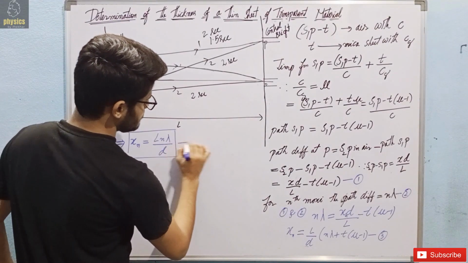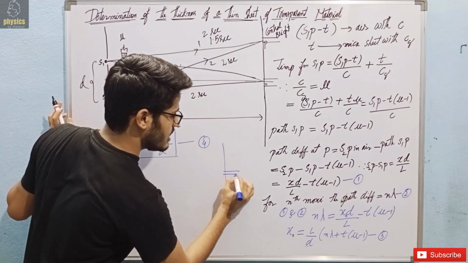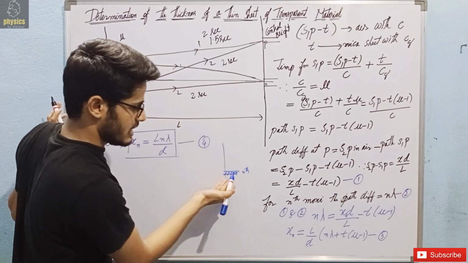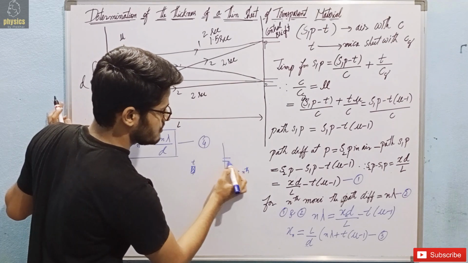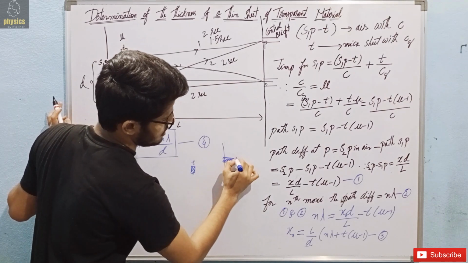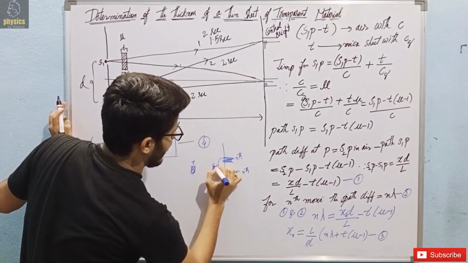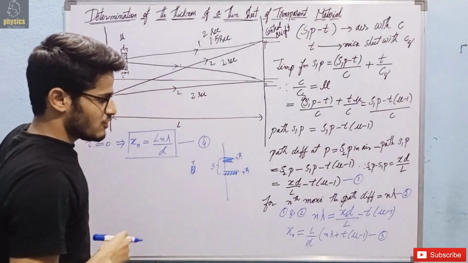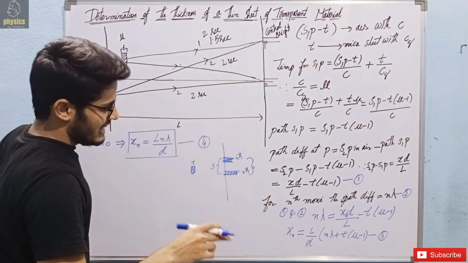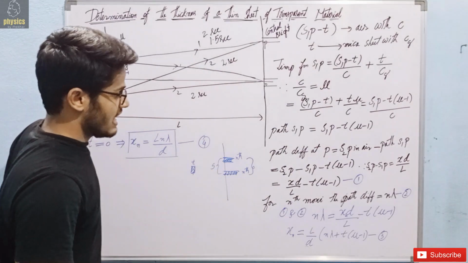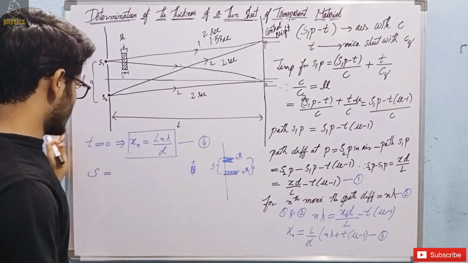So you see the position of any nth bright fringe, it was here. The moment you introduce the mica sheet of thickness T, the position of the nth maxima gets displaced. I am calling the displacement S. If I want to find the expression for the displacement of the fringes, I have to subtract this position from this, then I will get the displacement of the fringes, and that is what I am going to do now. So the displacement of the fringes due to the introduction of the thin mica sheet is,